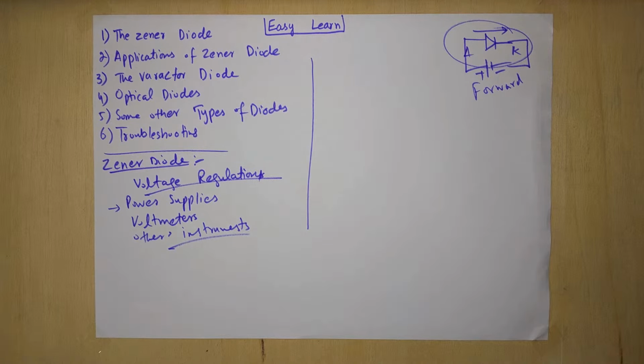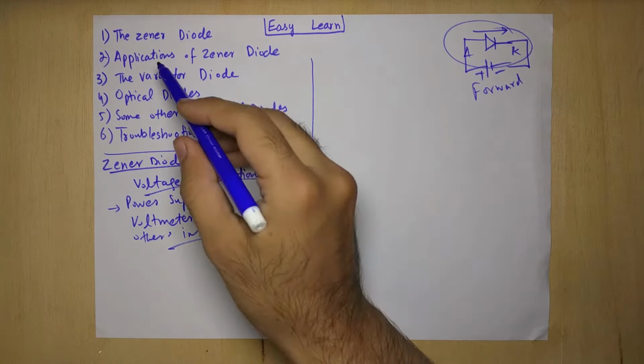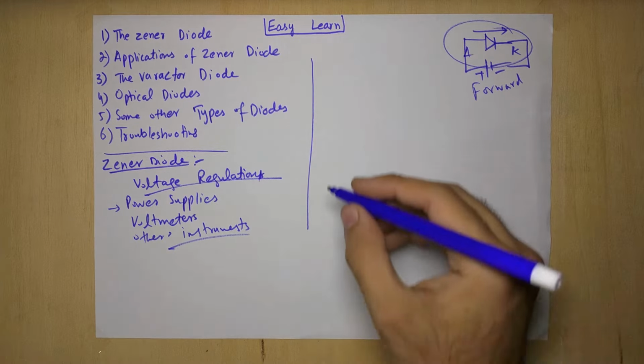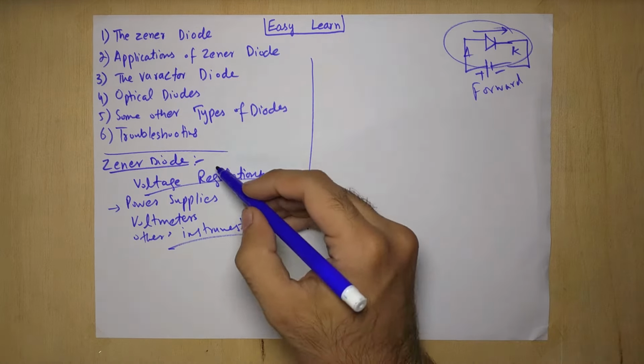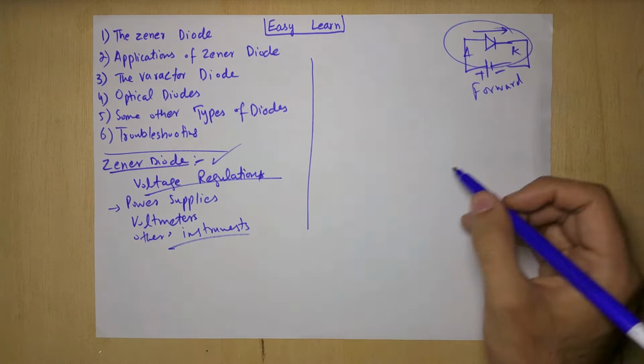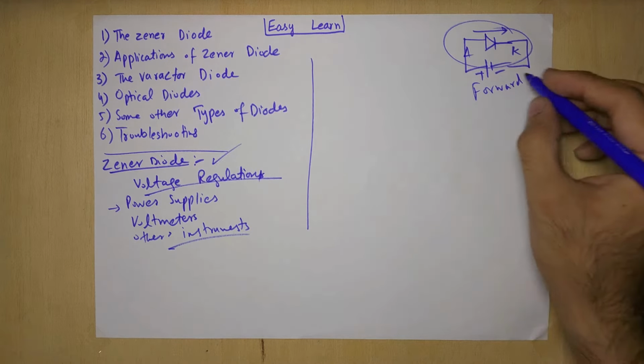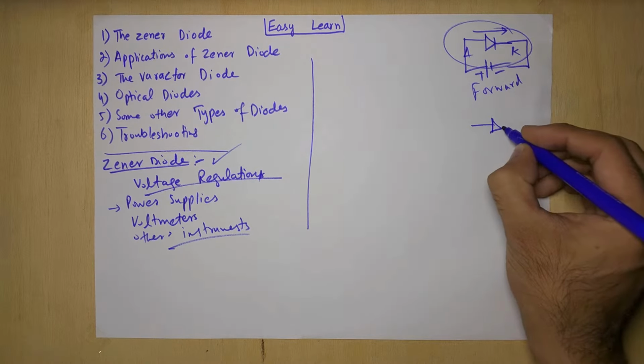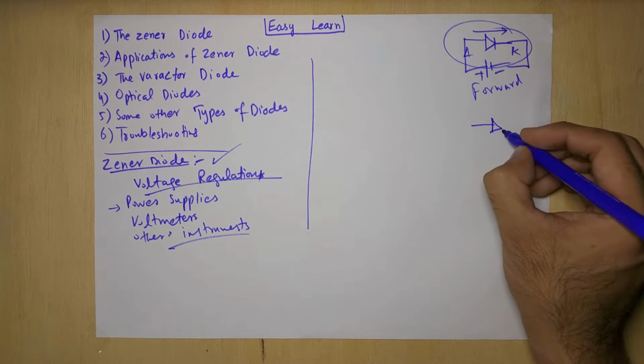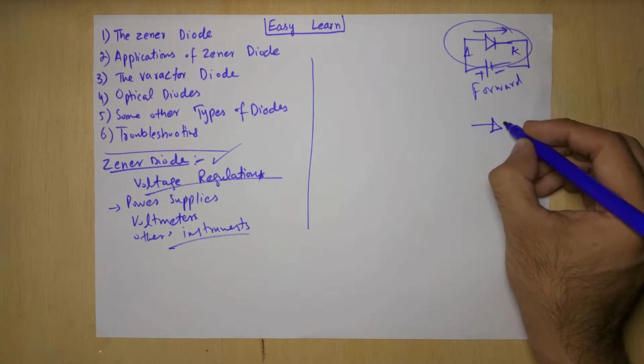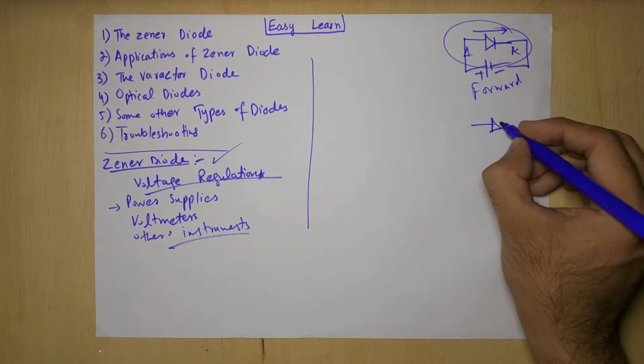But when we talk about the reverse bias, as it is a special purpose diode, we are talking about the special purpose diode. The first is the Zener diode. So the Zener diode is a little bit different. Its symbol is also slightly different. Instead of drawing a straight line, there is a little bit